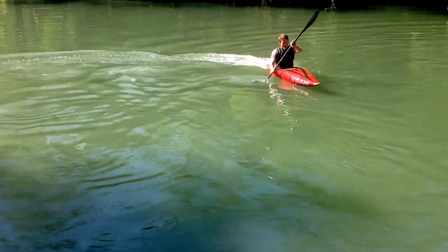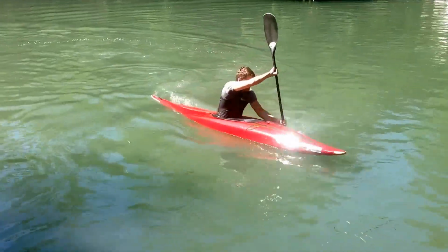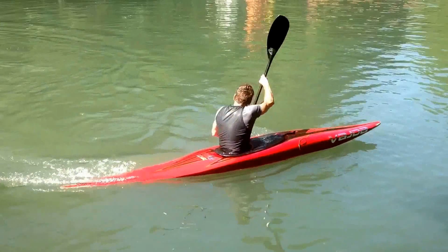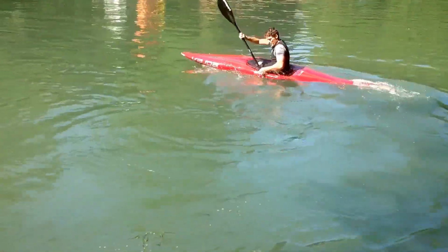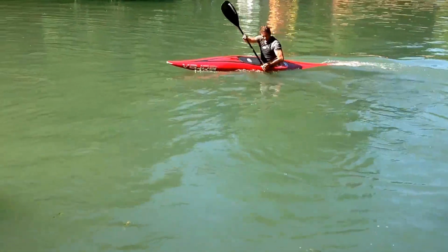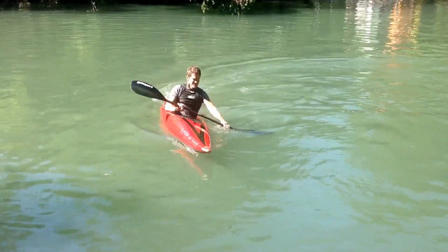And then the last one we're going to do is an oblique stroke. The top hand is going to go more vertical. In other words, you're going to go past vertical. That's what's called a C stroke. You slice it in, take a stroke under the boat. Slice it in, take a stroke under the boat. Come to the apex of the 8. And turn it,